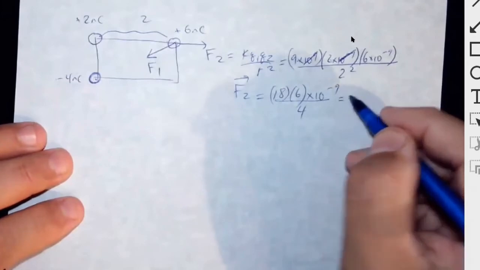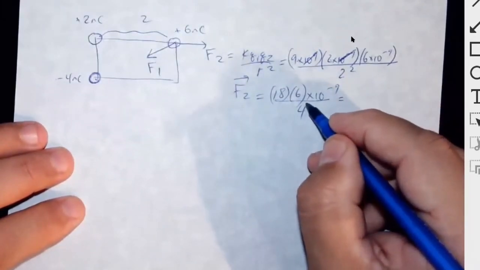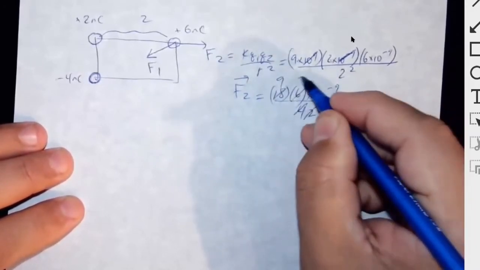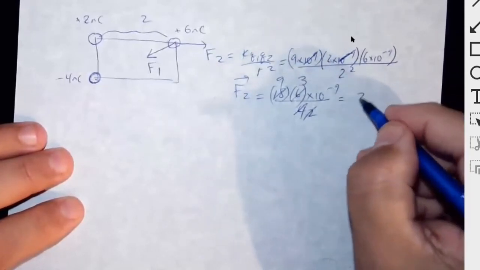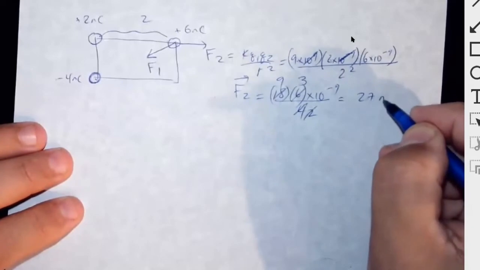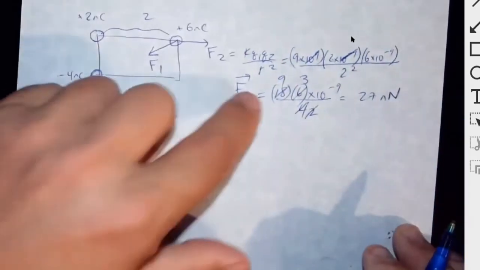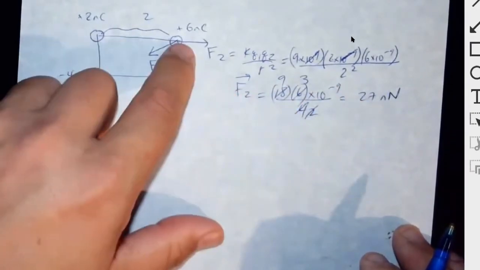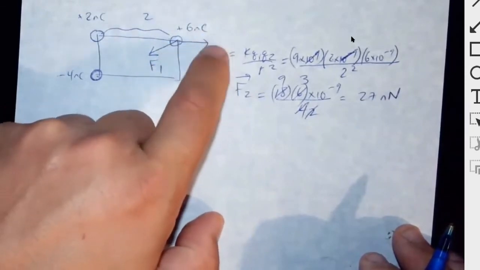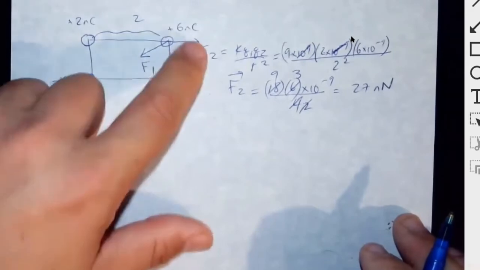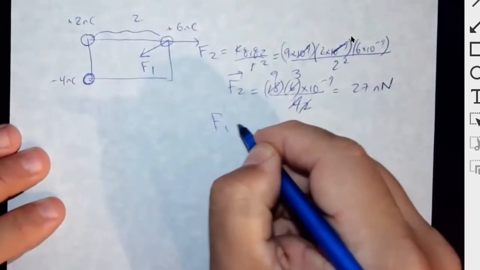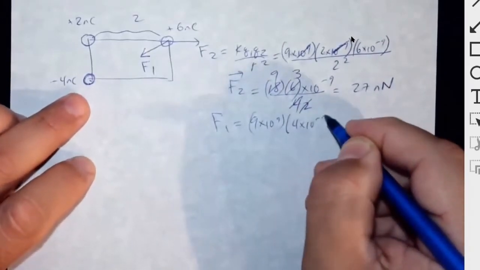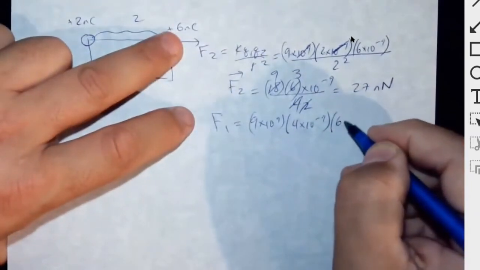And so that's going to be, 2 goes into here twice, 2 goes into here 9 times, 2 goes into 6 3 times, 9 times 3, 27, and then 10 to the minus 9 nanonewtons. So 9 times 3, 27, and then 10 to the minus 9 is a nano. So this guy exerts 27 nanonewtons of force on this guy. And now I'm going to find the force of this one on there. F1, 9 times 10 to the 9th, times 4 times 10 to the minus 9, times 6 times 10 to the negative 9,